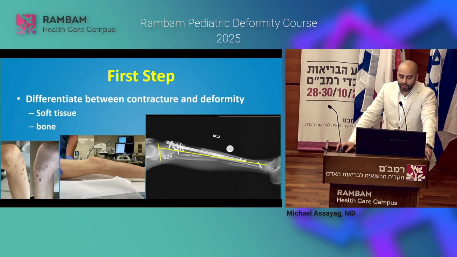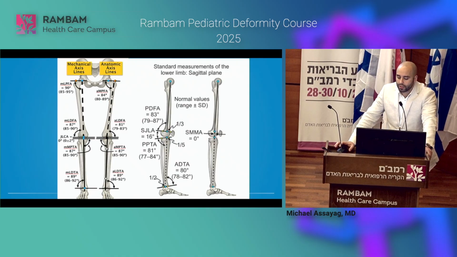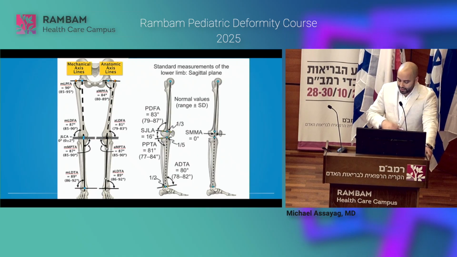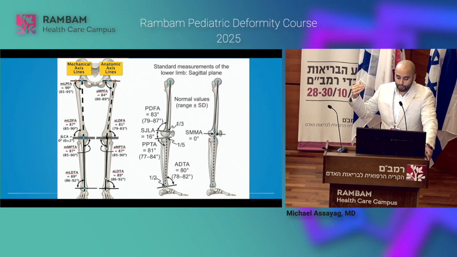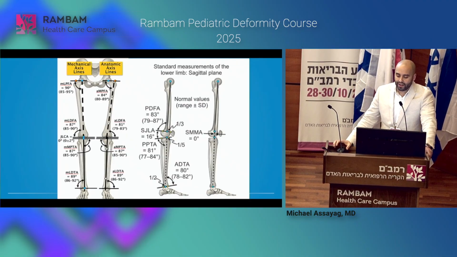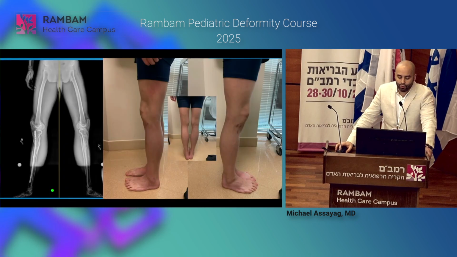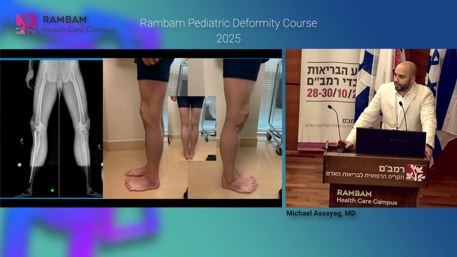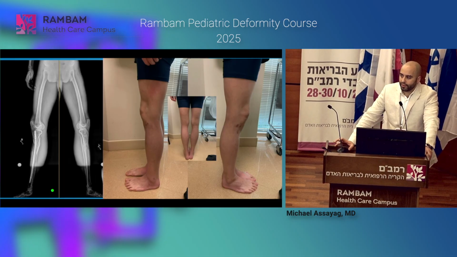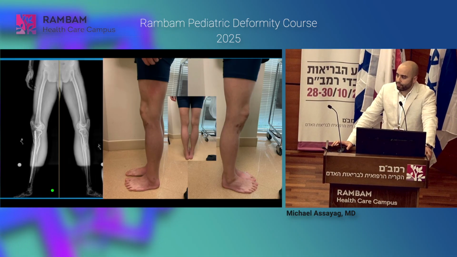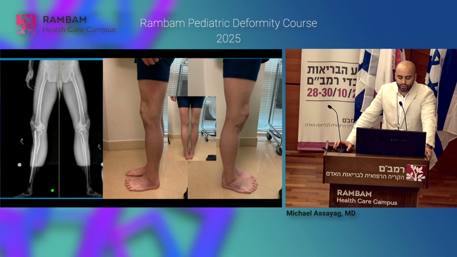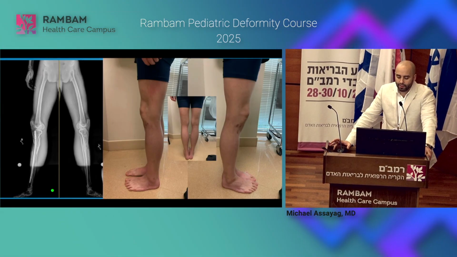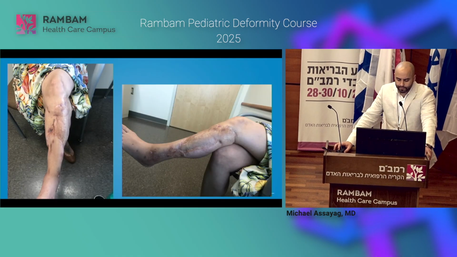So how much of this is bone? How much of this is soft tissue? Well, first you have to know this by heart, right? So my recommendation at some point throughout the day is, I hope you took a picture of this. If not, find it online and carry it around in your phone. And initially, this guy was purely a bony deformity. So this was not a contracture. It looked like a contracture, but it was really a bone deformity. And once the bone was corrected, he got his normal anatomy back.